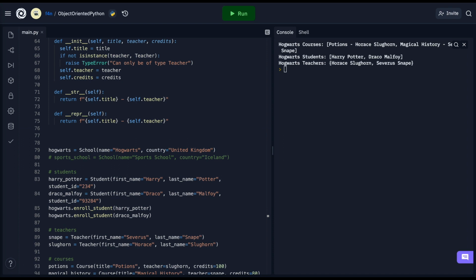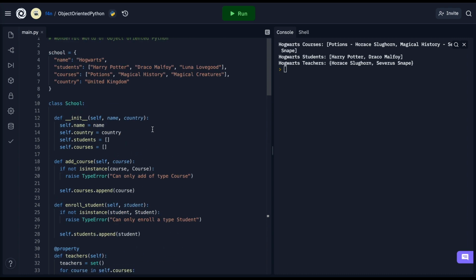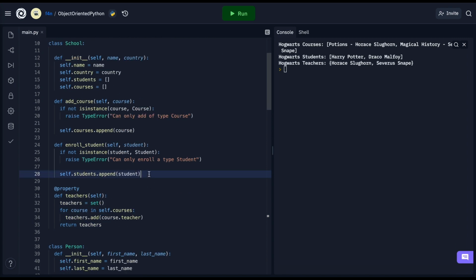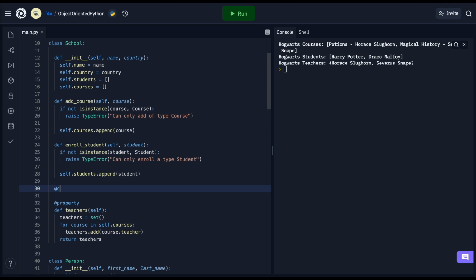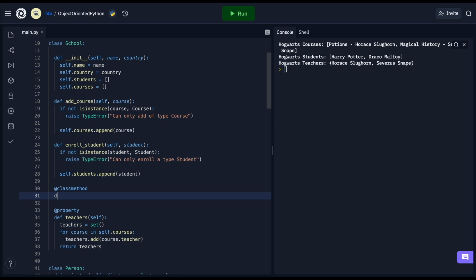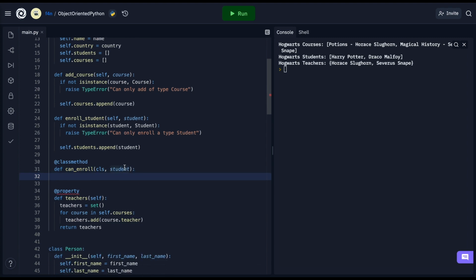Well, a school also has some form of eligibility, so a school will accept those 12 or over and less than the age of like 18. So we can do something like that. Now, we can add this as a class method, and you'll see what a class method is in a second. So first, write in @ and then classmethod, like so. And then we'll do a function like can_enroll. And instead of self, we put cls. For a class method, you always put cls. The argument here will be a student,